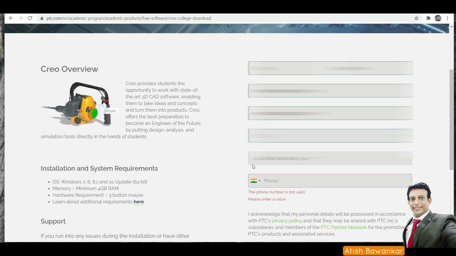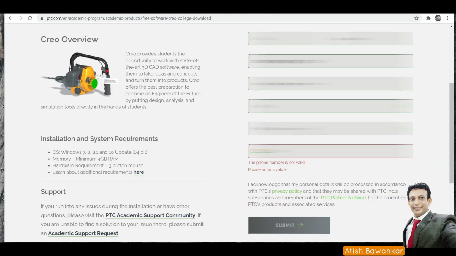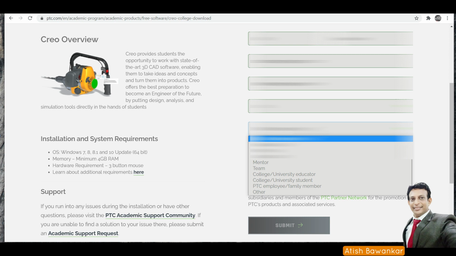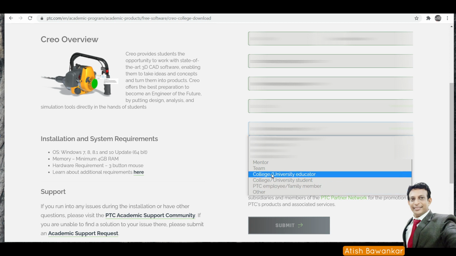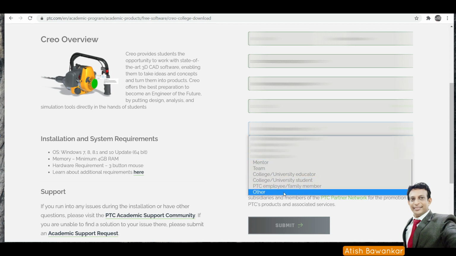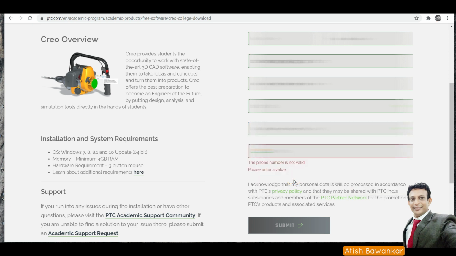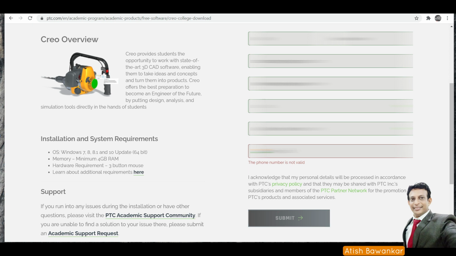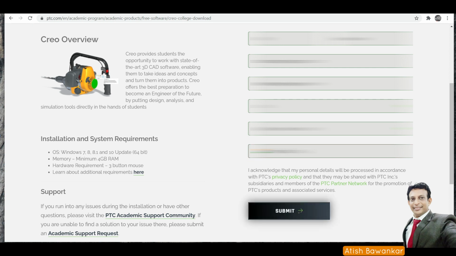Under what best describes you, you will find a number of options. If you are a student or an educator, you can choose the best fit. I used to choose university student. So here mention your contact details. Once you fill all the details, then say submit.